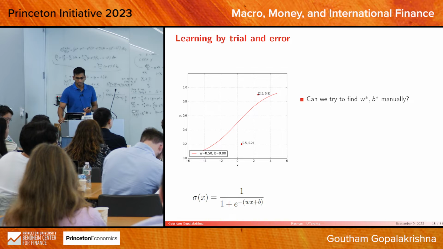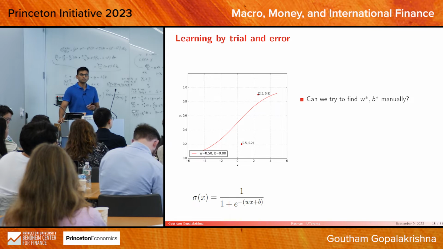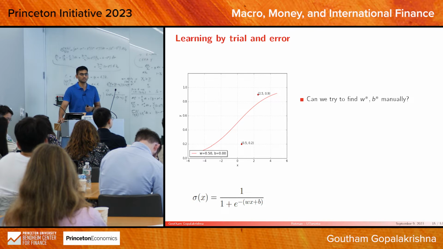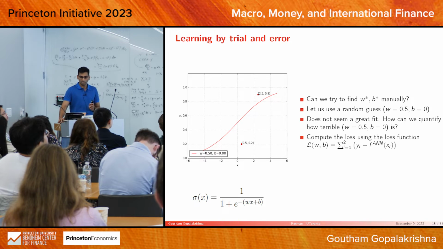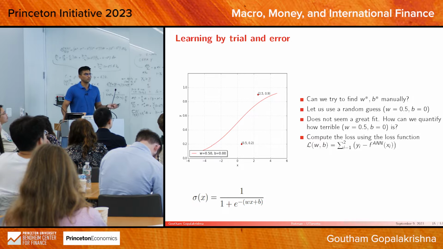All right. So can we just handpick W star and B star such that we can fit these 2 data points using the sigmoid activation function? Just randomly start with 0.5 and 0. It kind of works well, but not quite. Okay? But how do we know how lousy this fit is? And that's where the loss function comes into the picture. Use the loss function to basically quantify how bad the fit is,